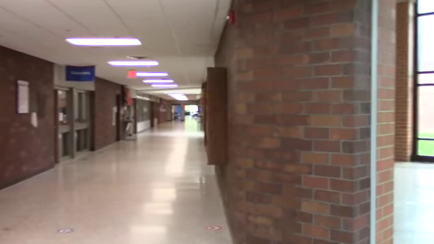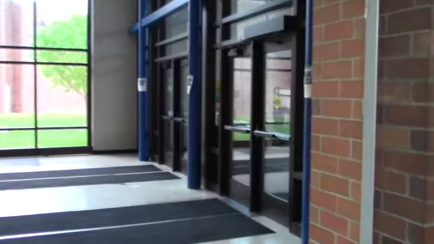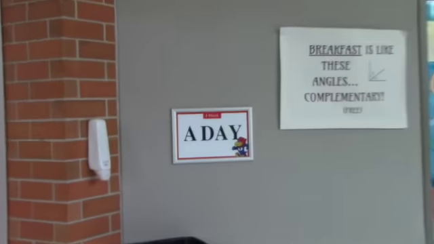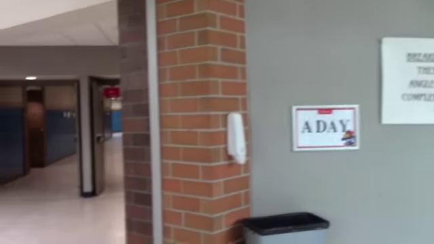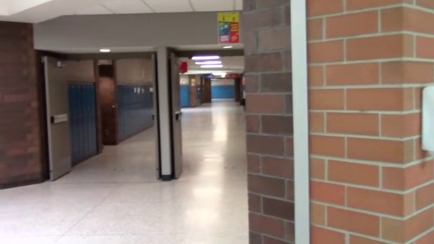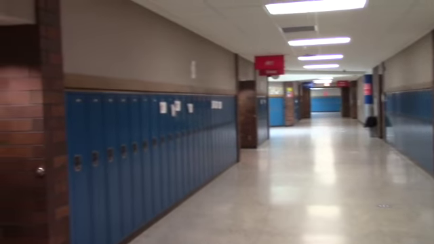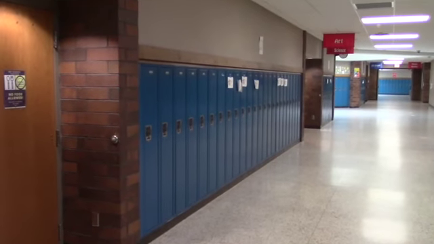So we would have just walked in the main building. And when you come in the main building, I'm going to run it like a sixth grader, you will see our entryway. And then it always tells you what kind of day it is. So today is going to be an A day. So that way you know when you come in, we either have an A day or a B day, which is similar to specials, but we only have two, A and B. So this is the sixth grade hallway. These are the three classrooms that mostly 7th and 8th graders use, unless you are in an Excel class with